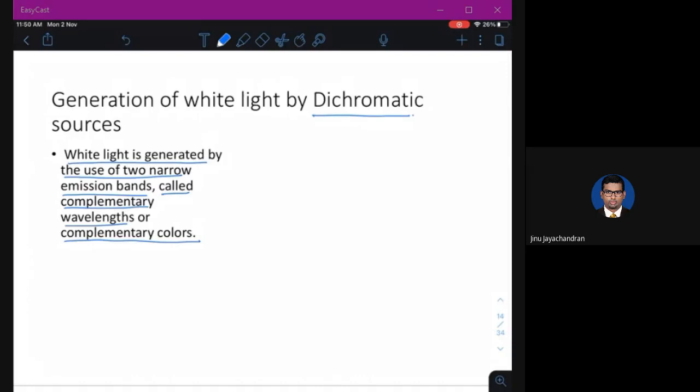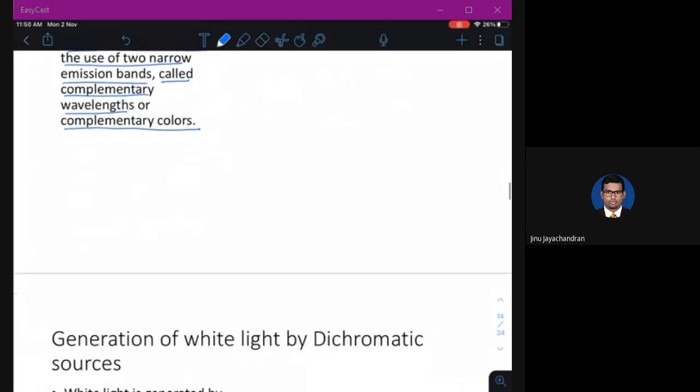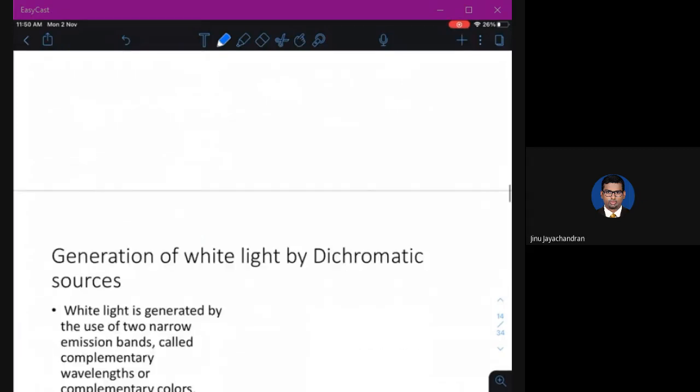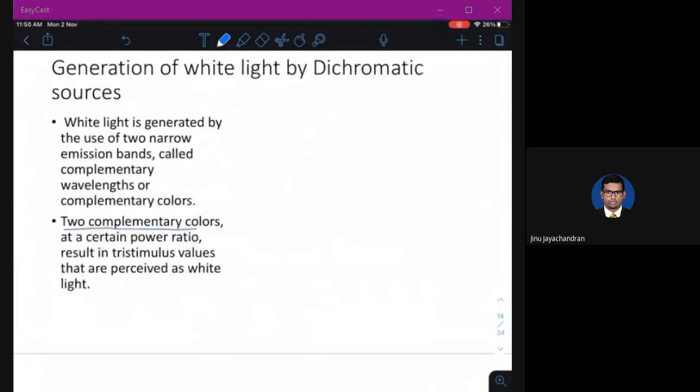So can I take any two colors as complementary? No. There is only a specific set of colors which can be taken as complementary colors. Two complementary colors at a certain power ratio result in tri-stimulus values that are perceived as white light. So apart from taking these complementary colors, there should be some ratio in which these two colors should be mixed.